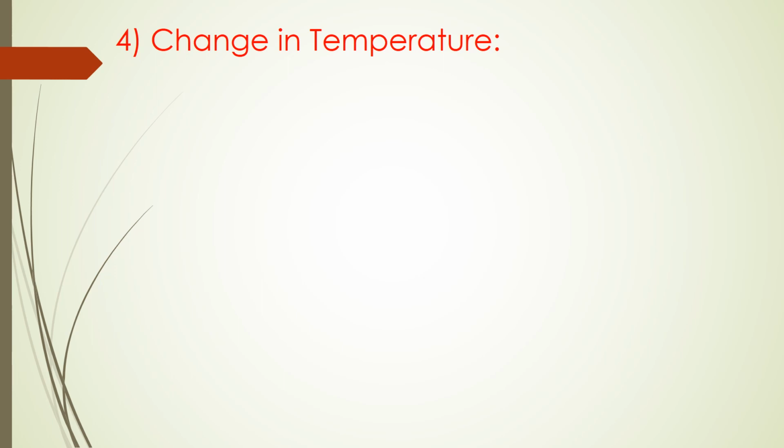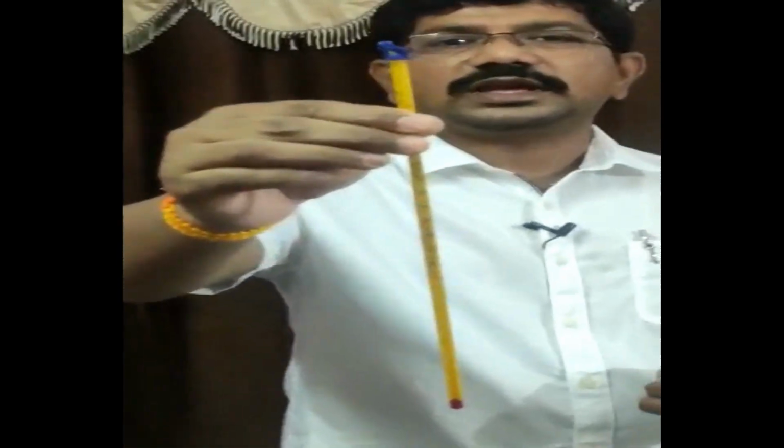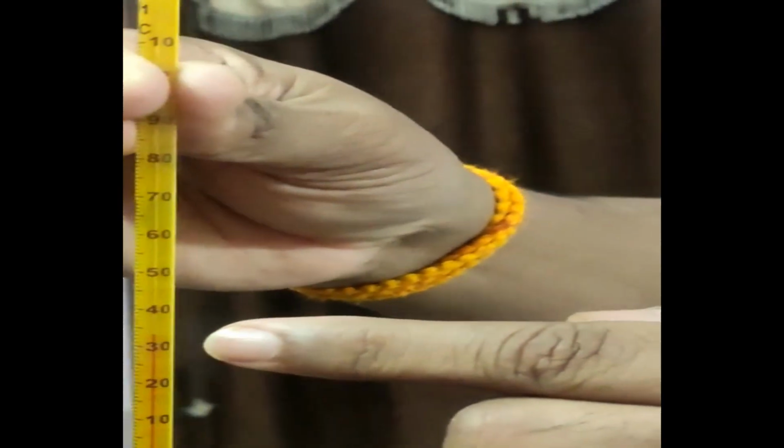Let us observe this activity clearly. Let us prove that heat changes take place in a chemical reaction with the previous experiment. See this, this is the thermometer. Now the reading on the thermometer is 34 degrees centigrade. Observe this carefully. 34 degrees centigrade. Is it visible? You observe this one. This is 34 degrees.